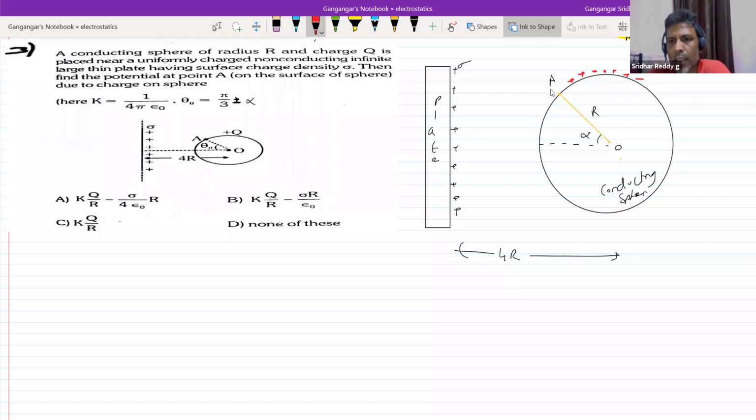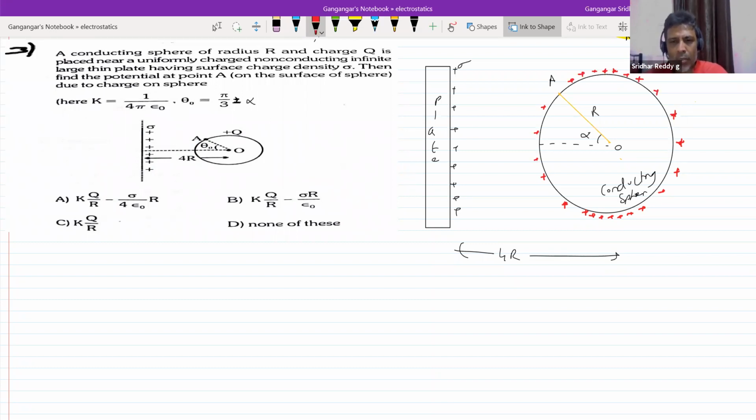For our understanding purpose, roughly, don't show uniform distribution. Let's not bother about how the charge actually is. Just show something like this one. So to calculate the potential at point A due to such a charge distribution, there is no way you are going to find an expression for the charge distribution and then work it out. So you should avoid that mathematical thinking. So take help of the superposition principle.